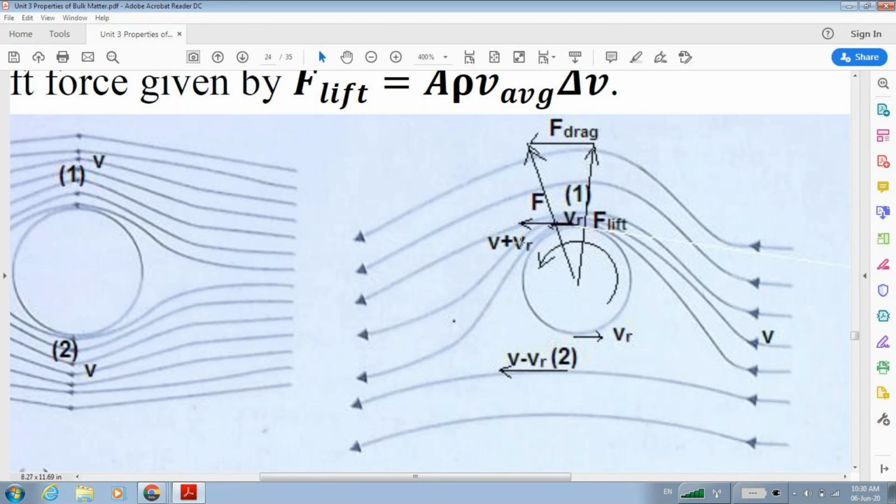The velocity of streamlines is v, and the rotational velocity of the ball is represented as vr. So here at the top of the ball both are in the same direction. Are you able to see or not? At the top of the ball, the streamlines are in the same direction as the rotational velocity or linear velocity of the ball, both right to left. So they add together. When the ball has some grip, that is, the ball is not too smooth and has some grip,